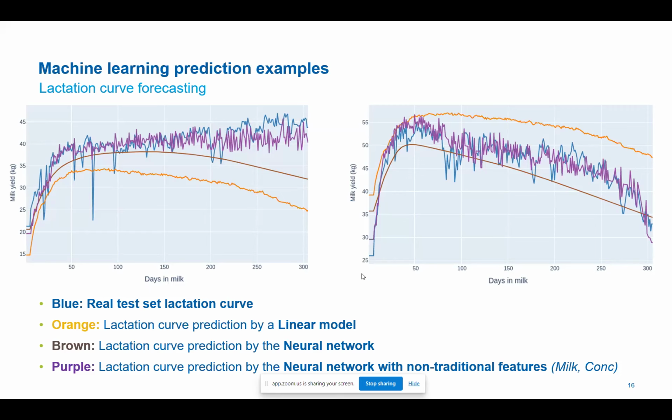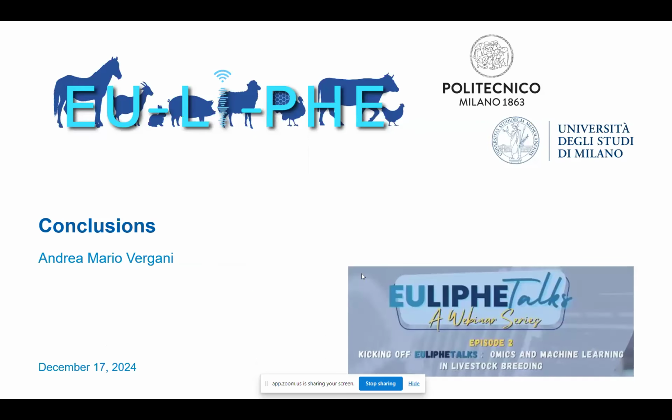You can see that the brown curve, the prediction by the neural network, significantly outperformed the orange one, the linear model prediction. And if you include additional predictions, you get really close to the real behavior. So beforehand, you can predict really accurately the future lactation curve of a bovine that you have never seen a day in production. Coming to the conclusions,